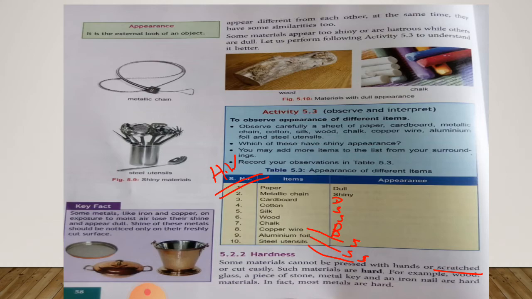You understood from the key fact that you must have often seen copper and iron things when they are new, how bright they are, but in some days their brightness starts to fade. Their brightness is often seen in their corners where they are cut and made into a design.